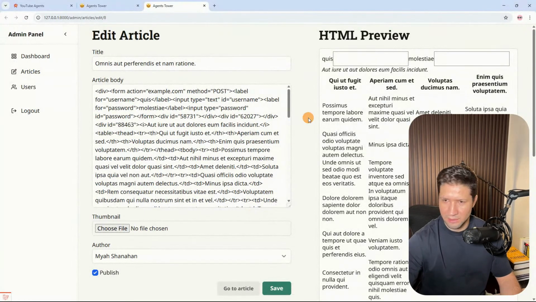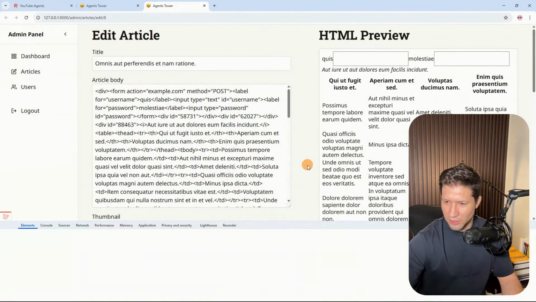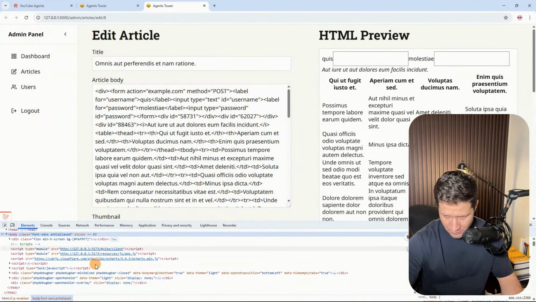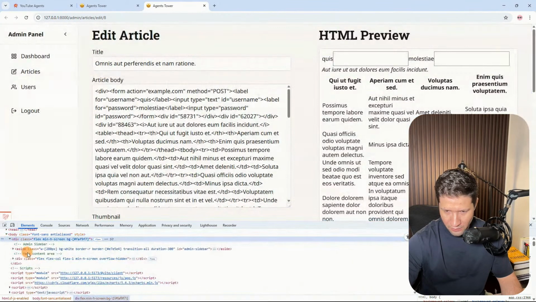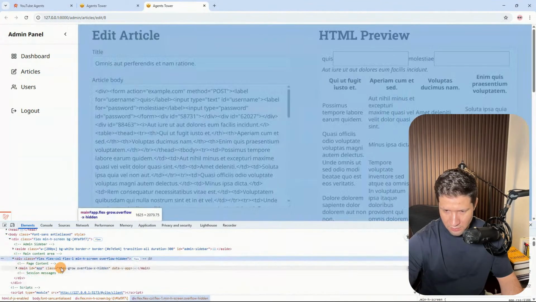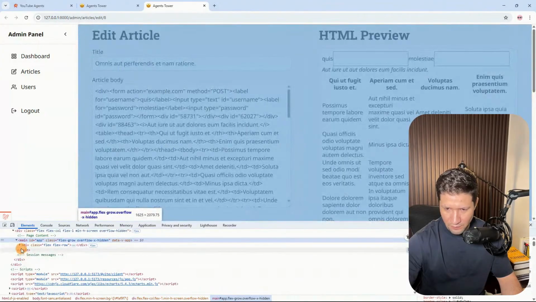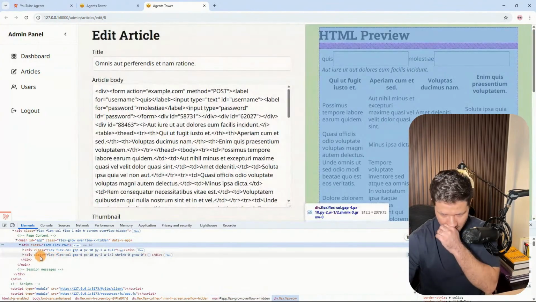Let's try it. Okay, so it's working. And I'm using the, so I'm just looking for that script,